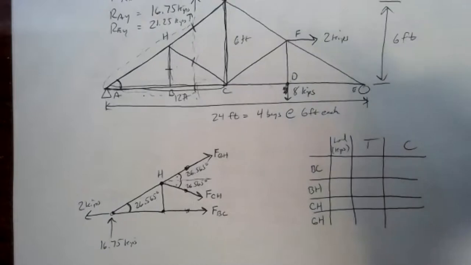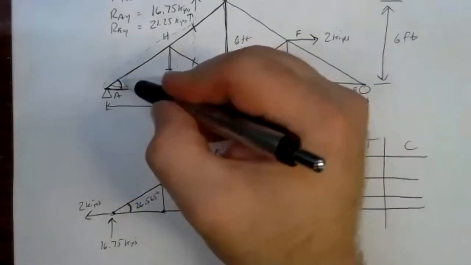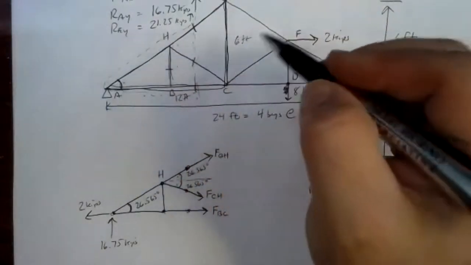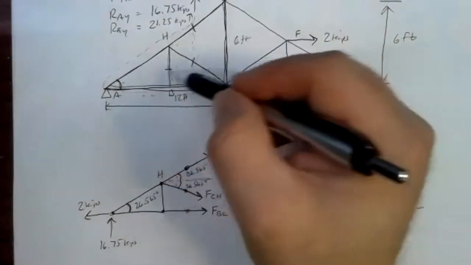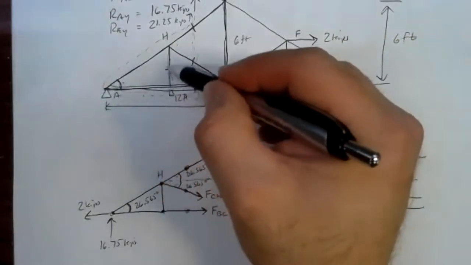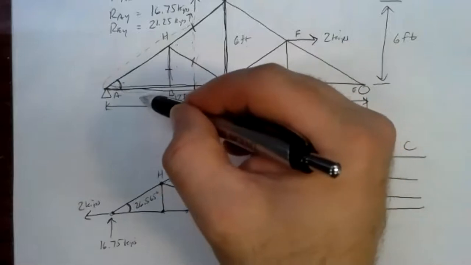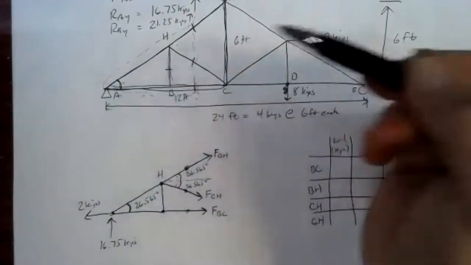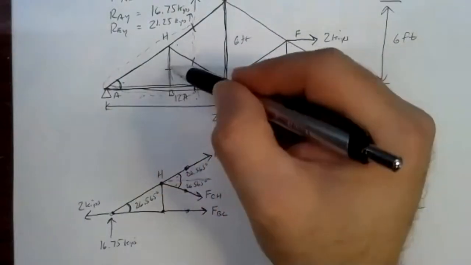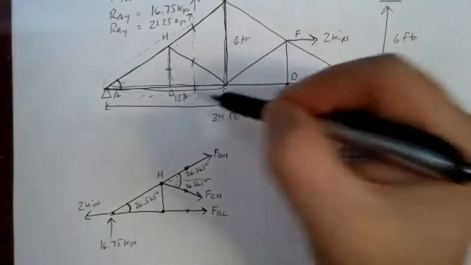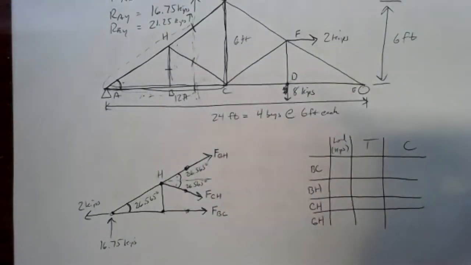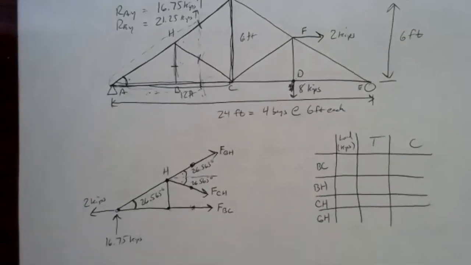Okay, just making sure. Yep. All those angles are basically going to be the same. So you could certainly take triangle ABH here and do 6 feet and 3 feet. You'll get the same answer. Inverse tangent of 3/6 is the same as the inverse tangent of 6/12. Any other questions on the free body diagram down here?